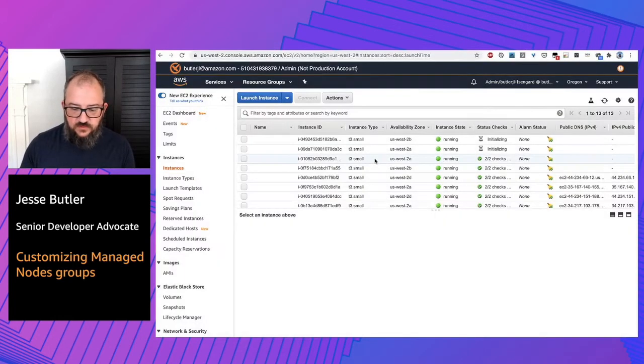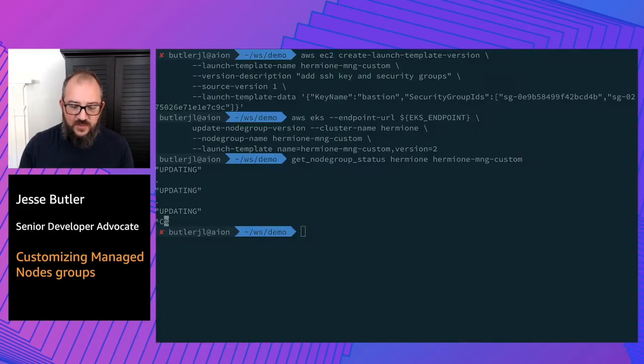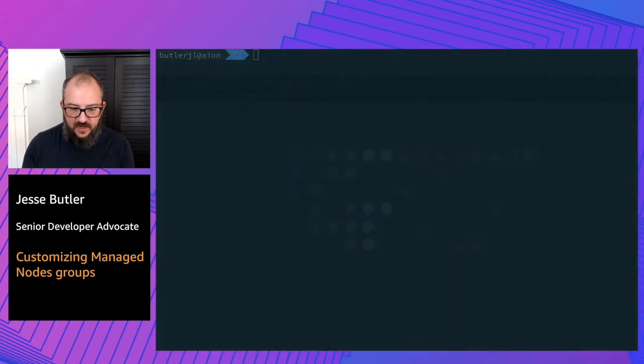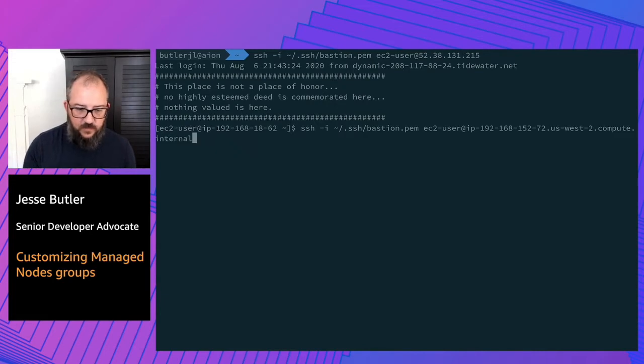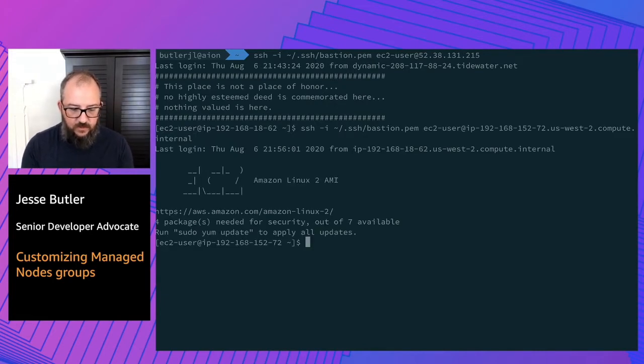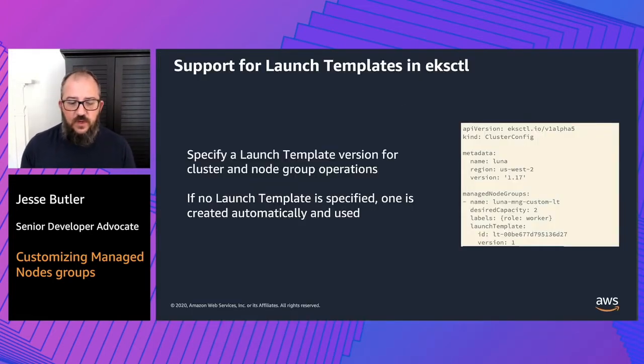Again, through the magic of television, I actually pre-baked some node groups here. So I have a bastion over here that I can log into, and we can see just jumping on. As I said before, we have support for launch templates in eksctl now, which is fantastic. What's pretty cool about this is if you don't specify a launch template with eksctl, it'll build one for